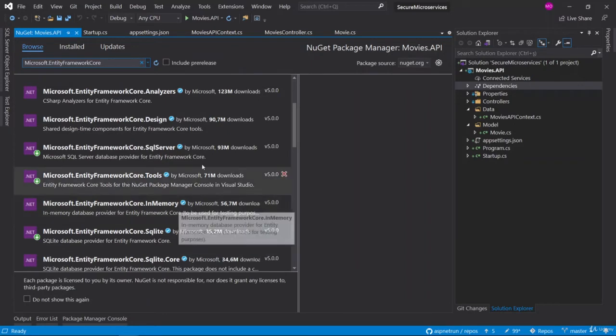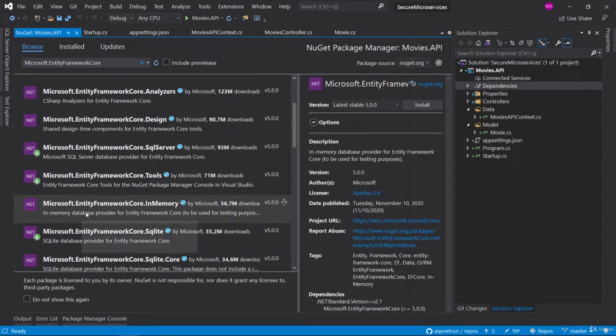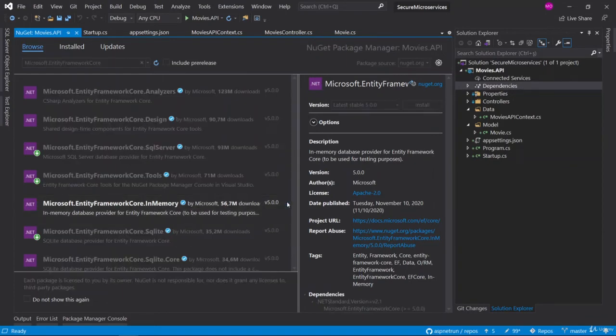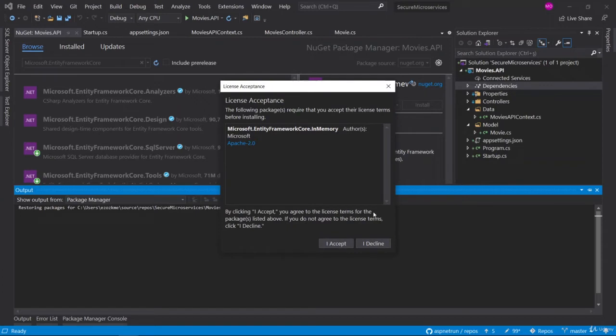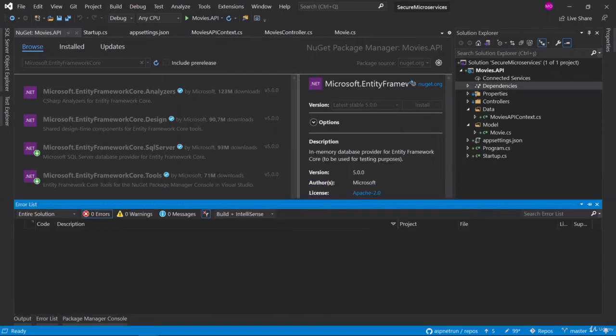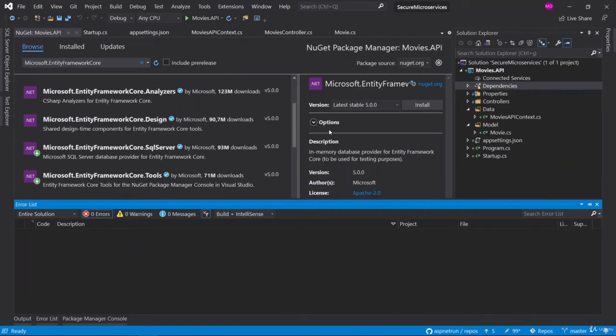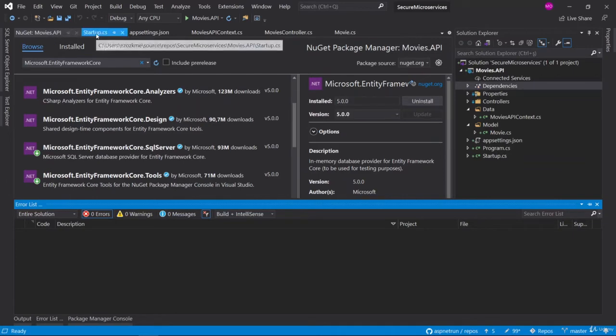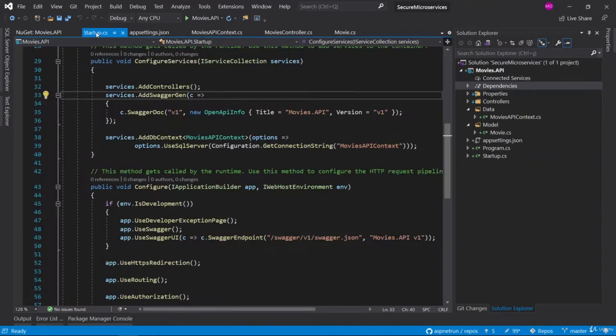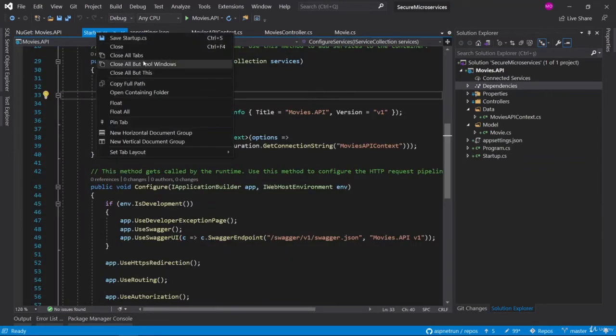Let me scroll down a little bit. Yes, as you can see, Microsoft Entity Framework Core has an in-memory database package. So let's download this package into our application.